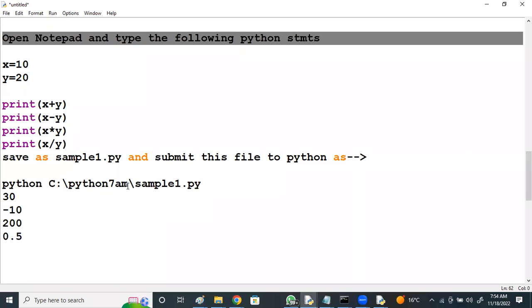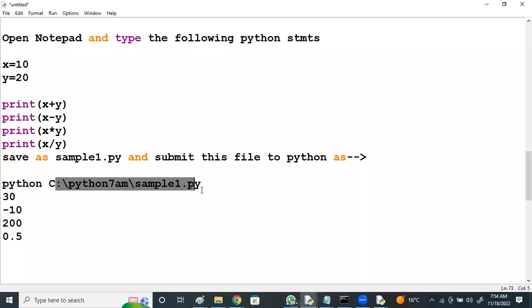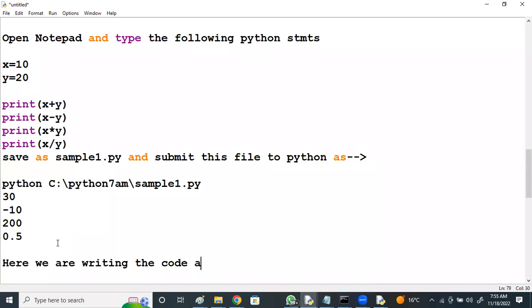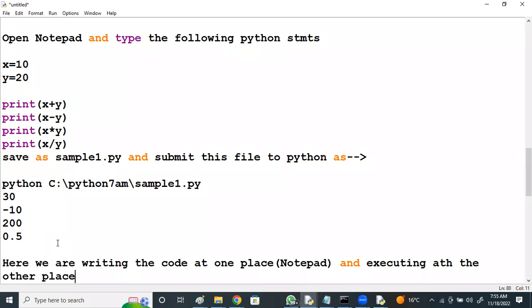Okay, but here you got the output, right? Here in Python, you are submitting the entire file path, the file name, the folder name, the drive in which it is present. But what is your observation here? We are writing the code at one place, within the notepad, and executing at the other place, within the command prompt, right? But to write and execute at the same place,